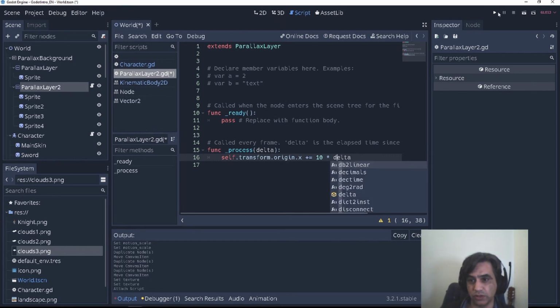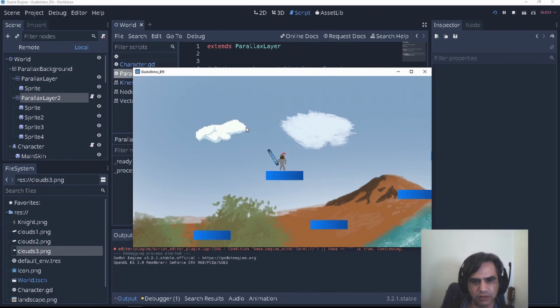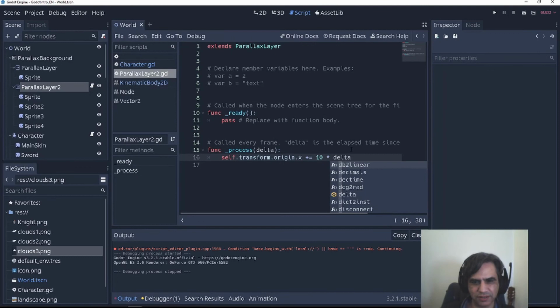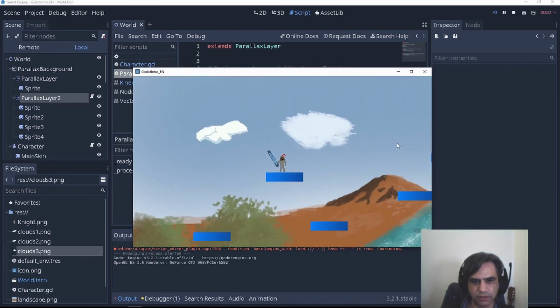I'm not sure, so this is highly experimental. It's moving very slow. But I think it's moving. Is it moving? No, don't think so.